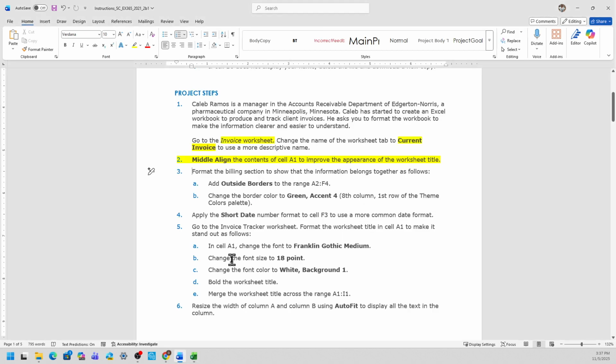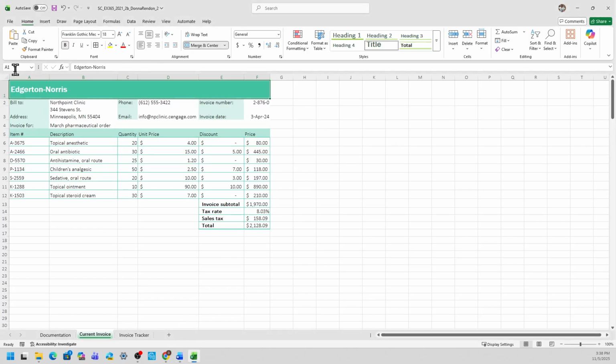Back to the instruction. Step 3 is format the billing section to show that the information belongs together. The range is A2 to F4. Add the outside borders, and also change the border color to green accent 4. Back to the start file, and I just need to make sure that I am selecting the correct range. So I'm typing A2 to F4 in the name box to highlight it.